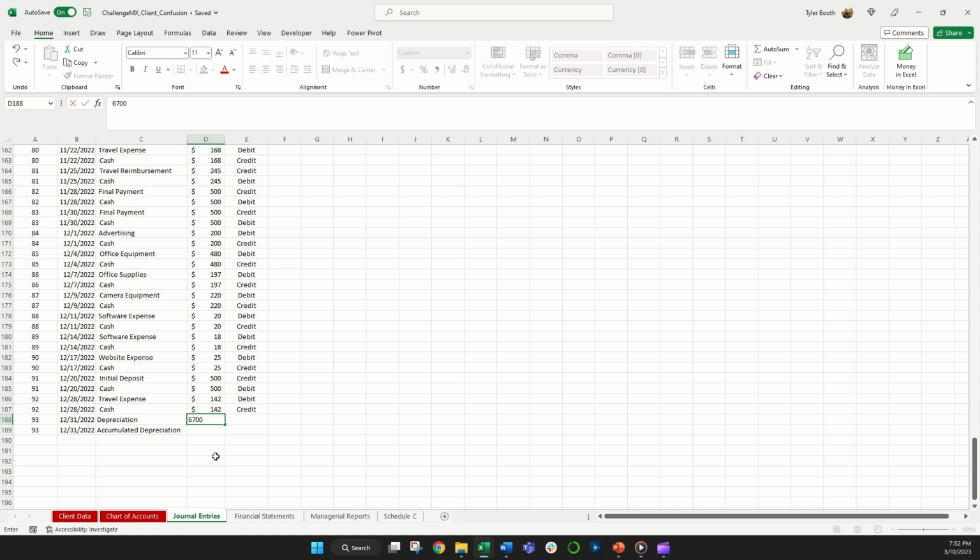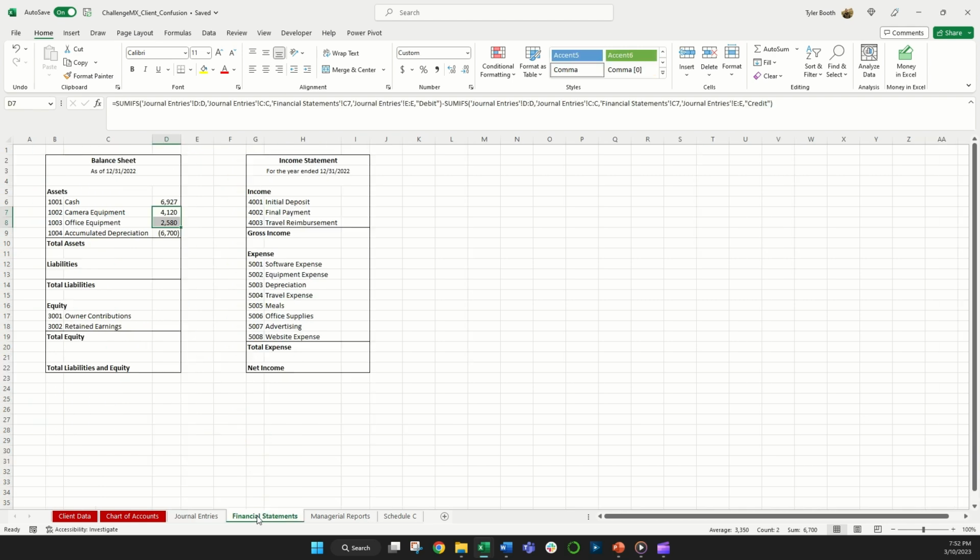And it was 6,700 was the amount. Depreciation is an expense, which is going to increase with the debit. Accumulated depreciation is a contra asset, increase with the credit. And you see that it pulls the proper number right there, 6,700. Now, just for presentation purposes, I'm actually going to flip this. So we're looking for a credit there,